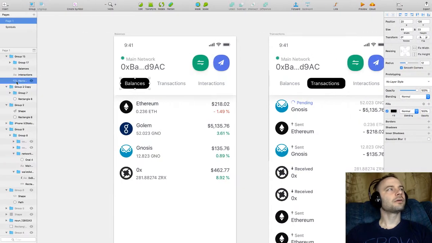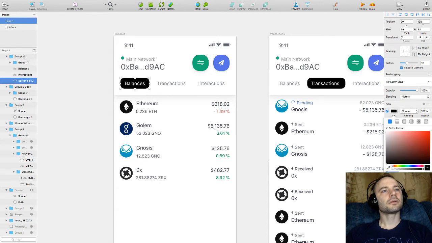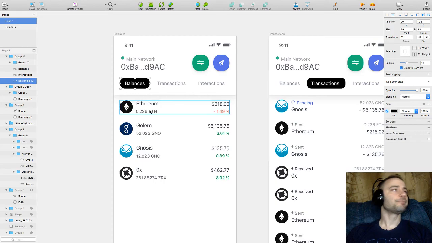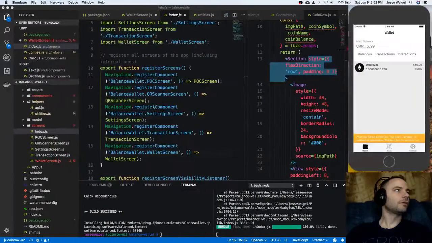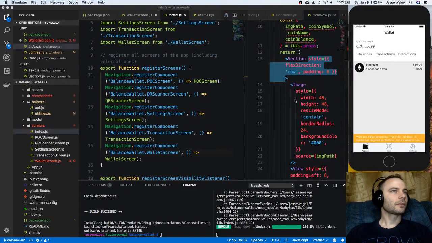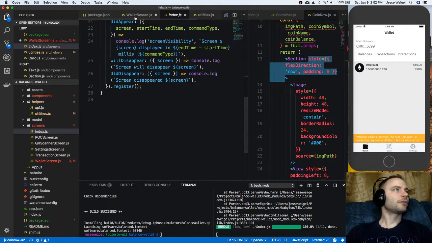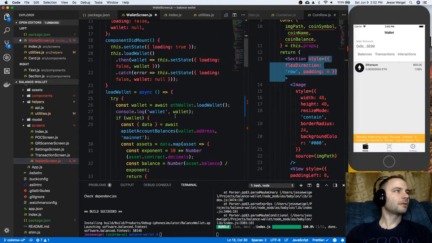And what's the color? Alright, that's pure black. Okay, pure black, border radius 12. Alright, so let's go back to our wallet screen, and let's say